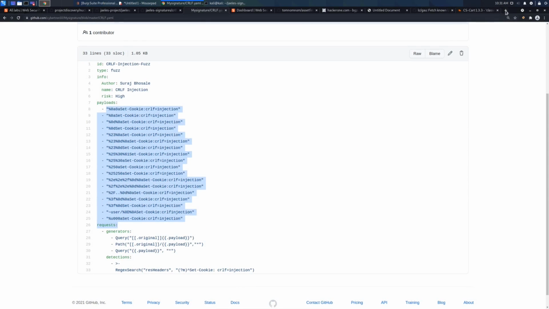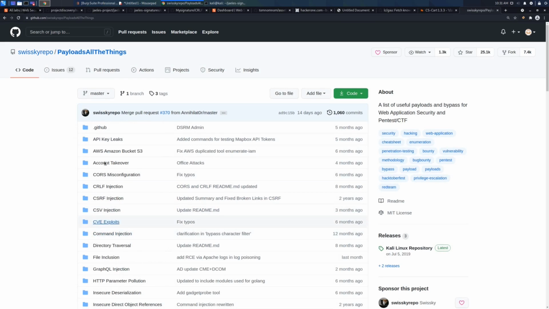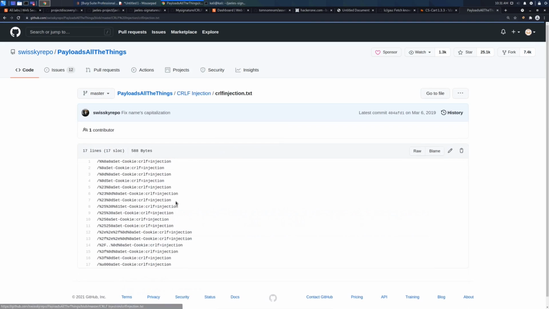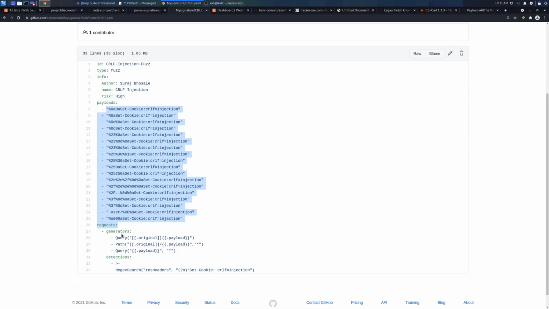If you don't know the payloads, just go to PayloadsAllTheThings, and there you have to go to that particular vulnerability directory, that is CRLF injection, and just go to this text file. You can copy paste all these payloads into your signature, and then in request generator, this is the payload,